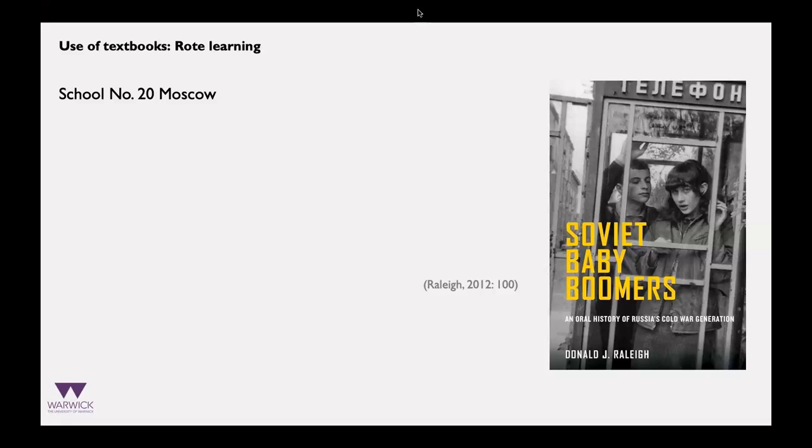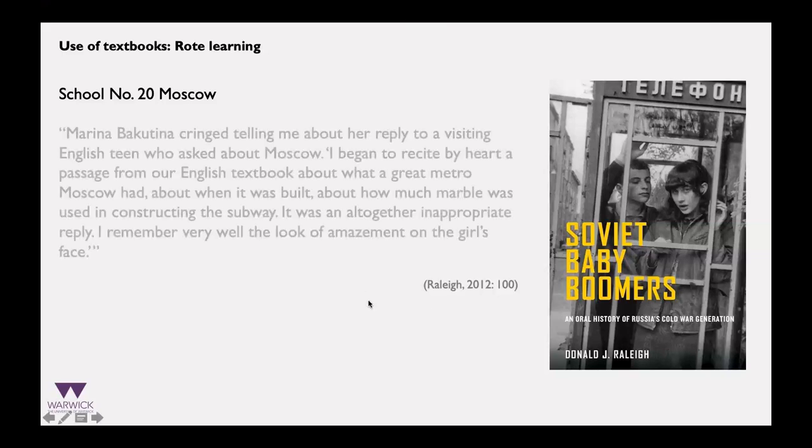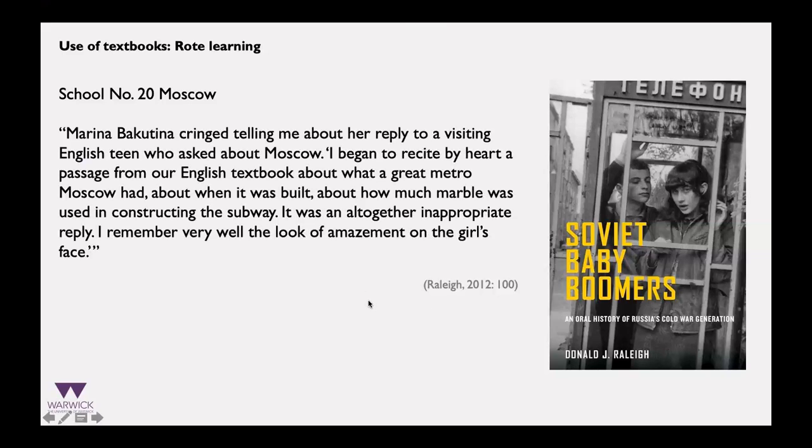But anyway, talking about the uses of the books here, I think there's a nice example of the idea that these students in these schools had kind of rote learning. Now, interestingly, the Moscow school actually had lots of visitors, including students from the UK. And there's a nice example here where one of the students, Marina Bakutina, as she's talking to the historian, Donald J. Rayleigh, who wrote this, says: she cringed, telling me about her reply to a visiting English teen who asked